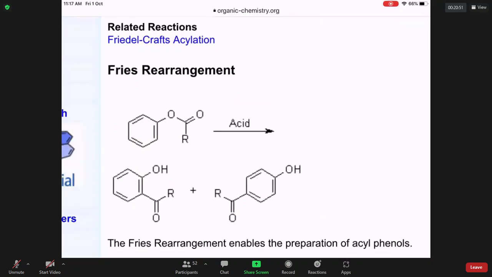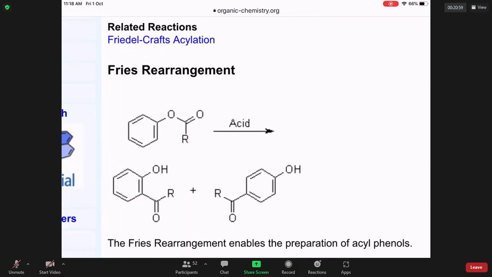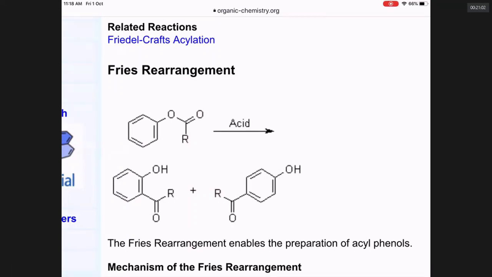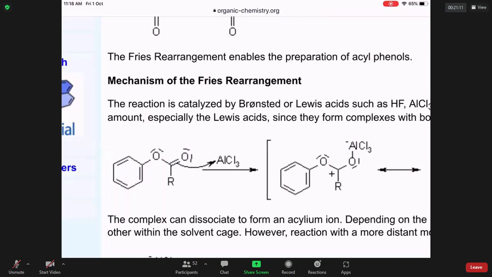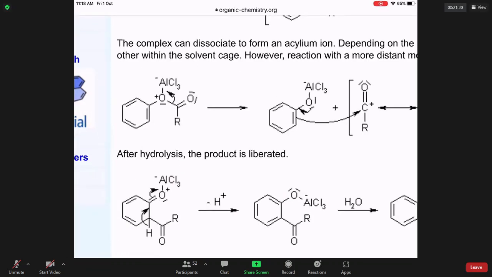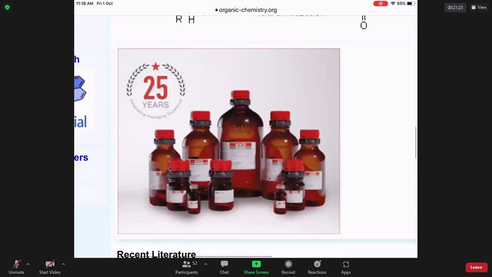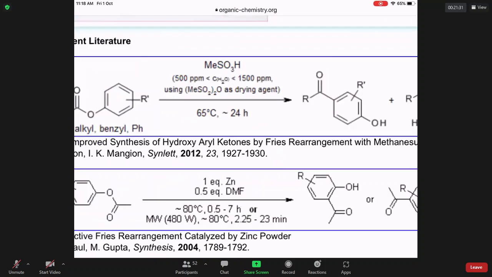Look at that. This compound is called a phenolic ester. When a phenolic ester is heated in presence of a Lewis acid or any traditional acid, it will rearrange itself to give a ketonic phenol. In this reaction, you will notice that this Lewis acid is playing an important role. The Lewis acid is taking pi electrons from the ester group, and that is the villain that makes the rearrangement possible. Here, really, we don't have time to go to the details because it takes 10 minutes for me. Mechanism is out of scope for IIT mains and also for advanced. So I am not talking about the mechanism because of the time constraint.